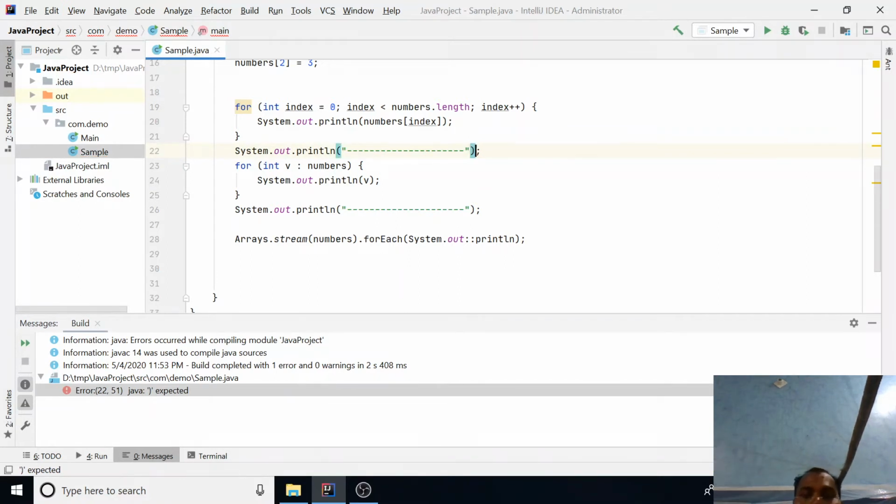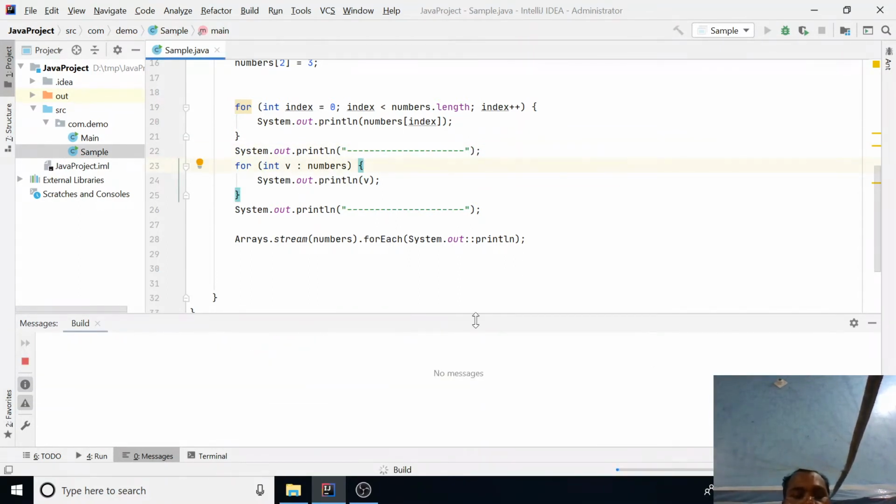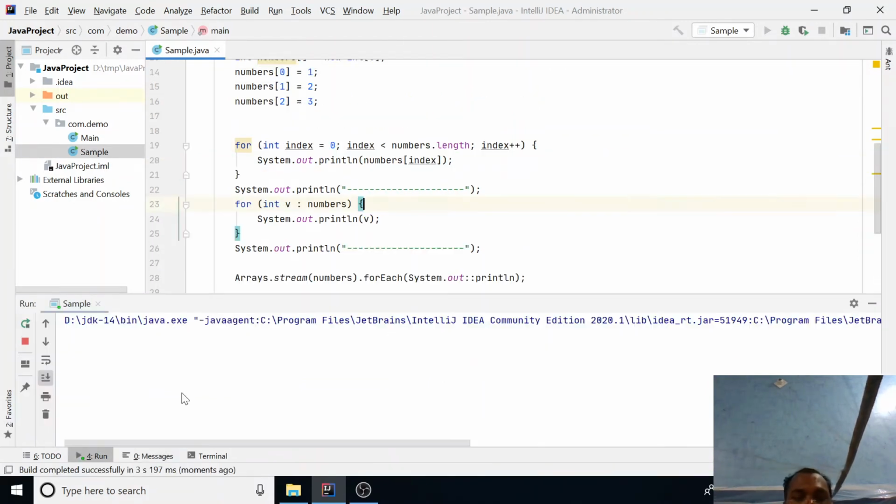We are missing a semicolon here. Okay, now you can look.